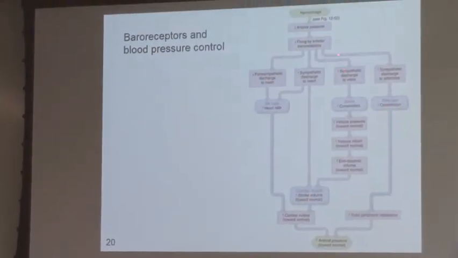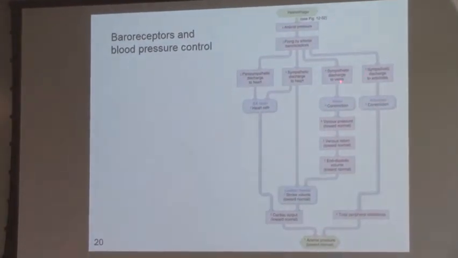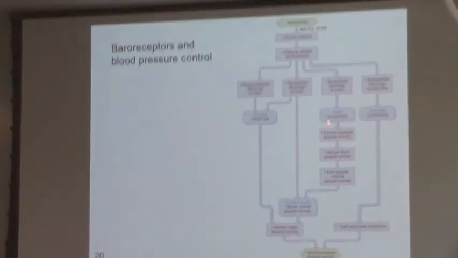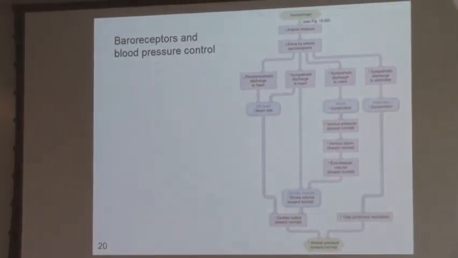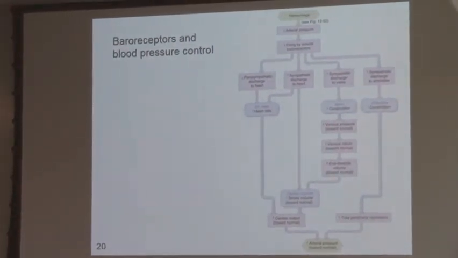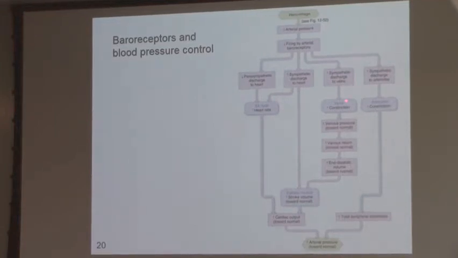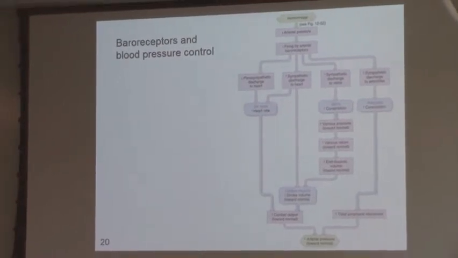Now this one is tricky. Sympathetic discharge to veins. Constriction of veins. Why is that going to help? Let's parse this one out. Constriction of veins. Remember, the veins are compliant, and they've got a lot of the blood volume. We don't want that blood volume to be sitting in the veins. We need it now to be getting into our arterial circulation in order to not die because of the loss of blood. So your body constricts the veins, makes them less compliant,